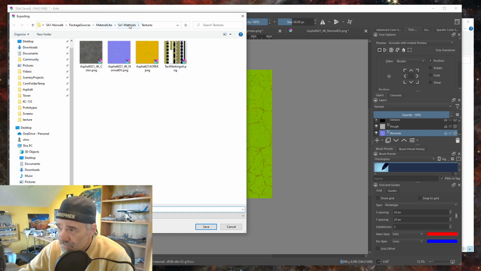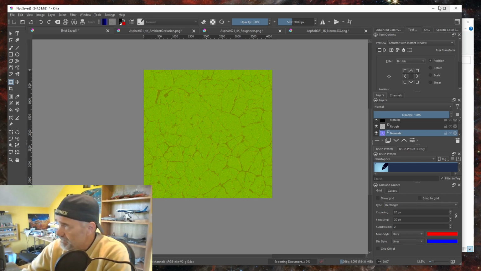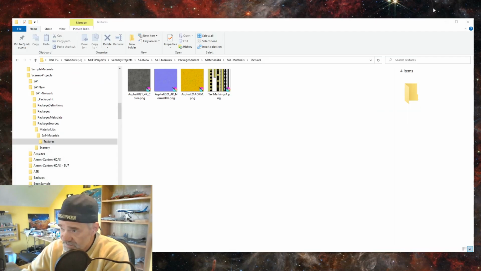Since the last place that I exported was the correct folder, I am going to name this. I'm going to take off the AO and make that N for normals. I'm going to hit enter, accept the compression, and then we're going to minimize Krita and go into our